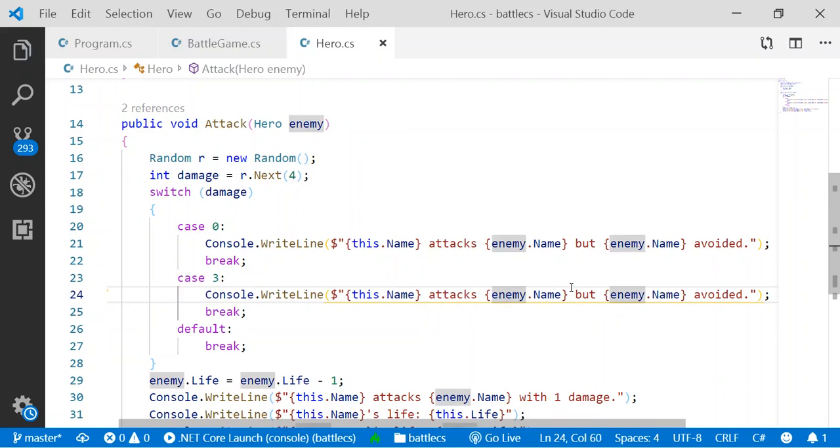If the case is 3, launch critical attack to this person with